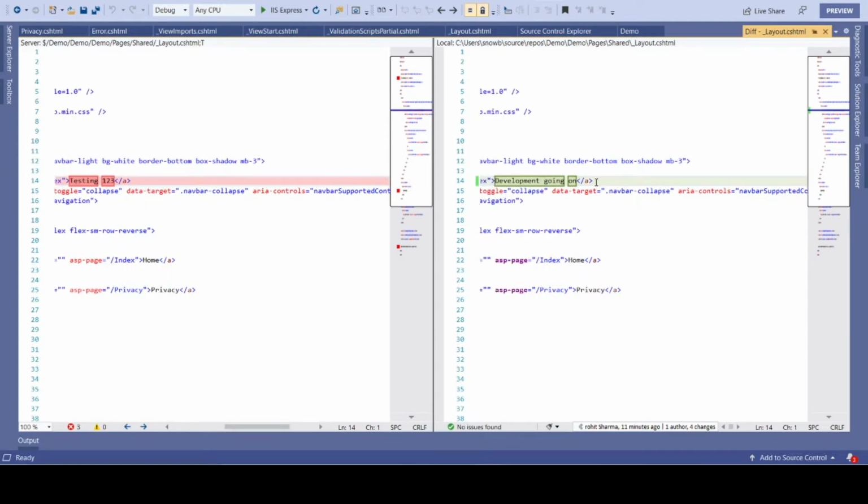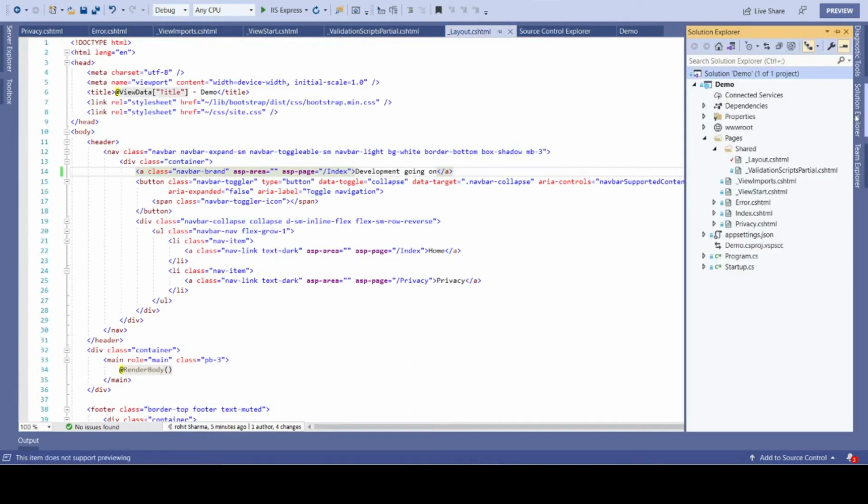So there are different ways we can compare if there are chances of conflict, but this is just one file so that we easily remember. But in a scenario where there are tens, 20 or 30, 40, hundreds of files, it's very difficult. You will not remember all those changes. So for now I'll just try to check in and then see what happens.